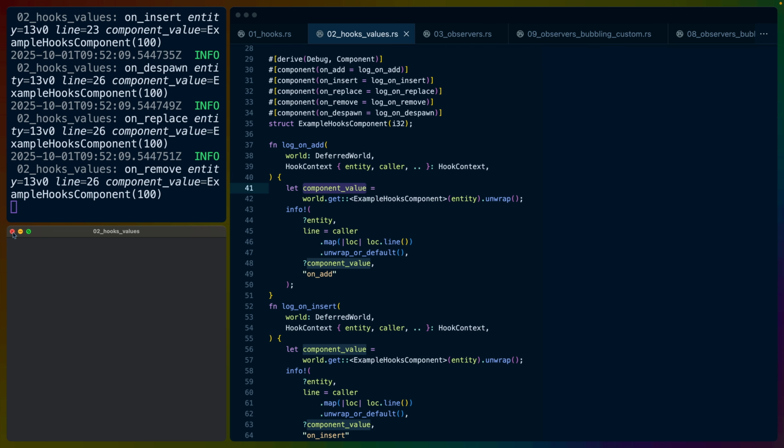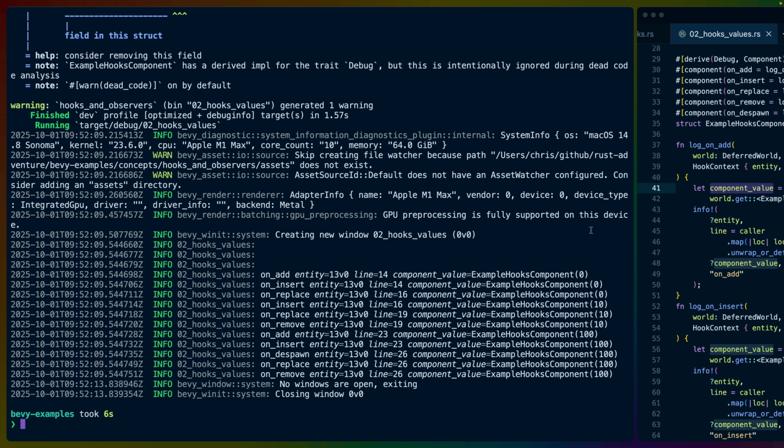So if we run this again, we'll get a new application starting up. I'll make this a bit smaller so it all fits on screen, but you can now see that we're also logging out the component value at any given time. So we've got our onAdd, or whichever lifecycle occurred, which entity it occurred for, what line of our source code it happened on, as well